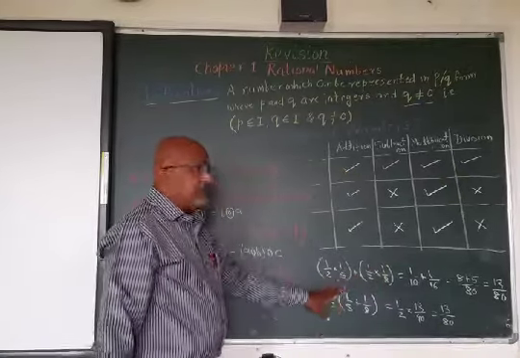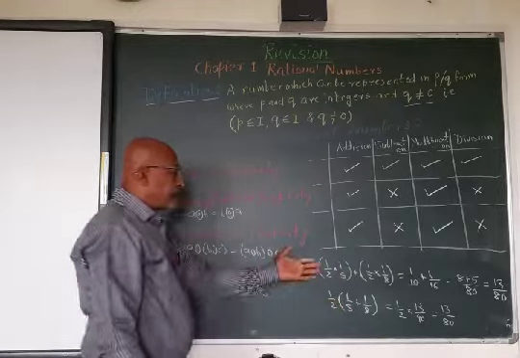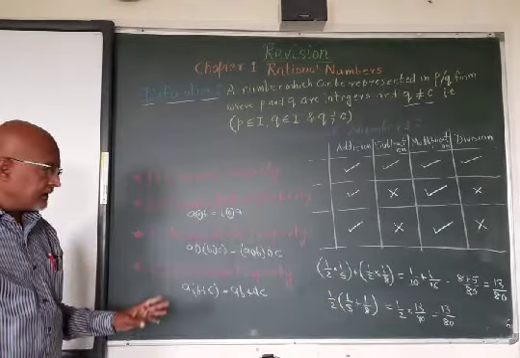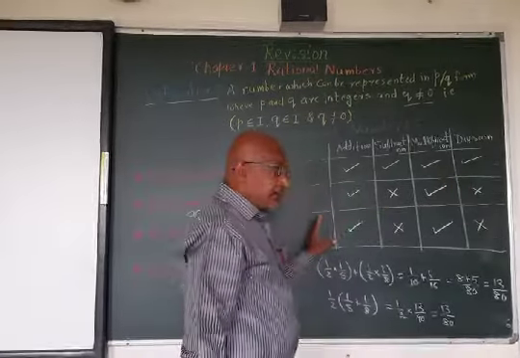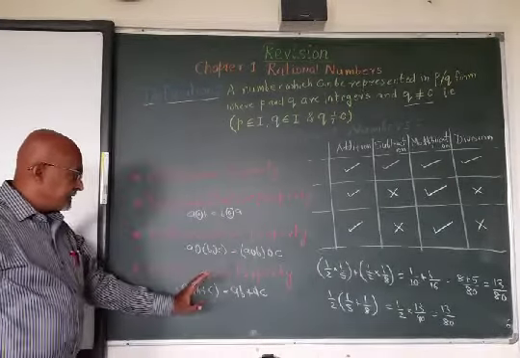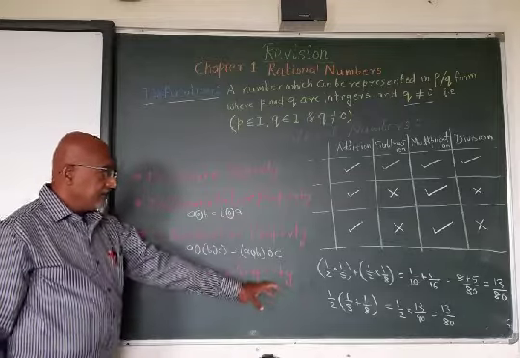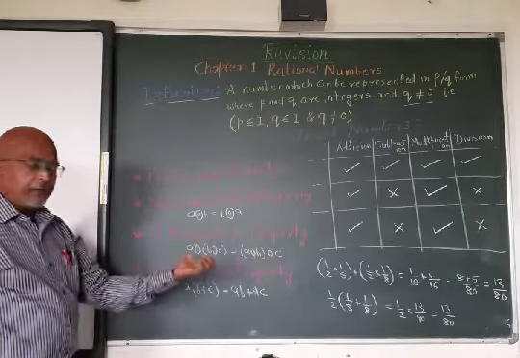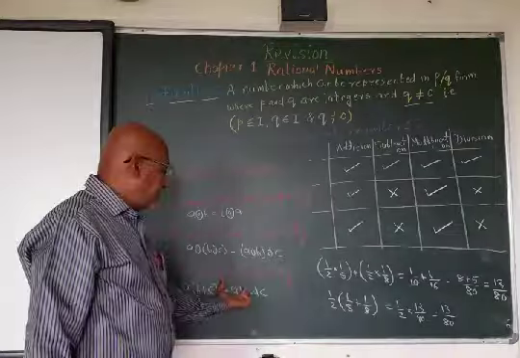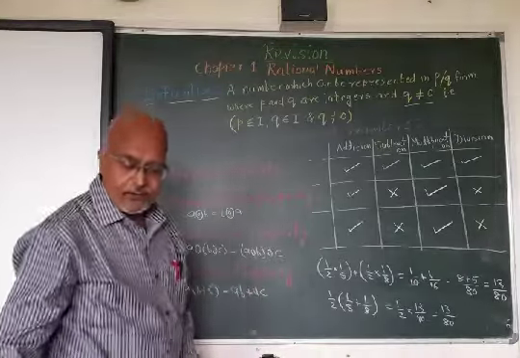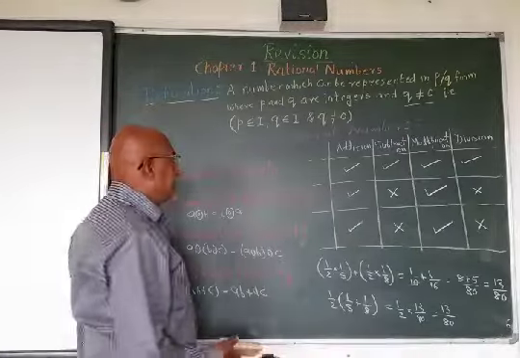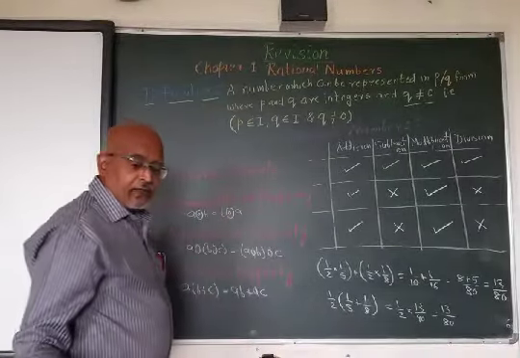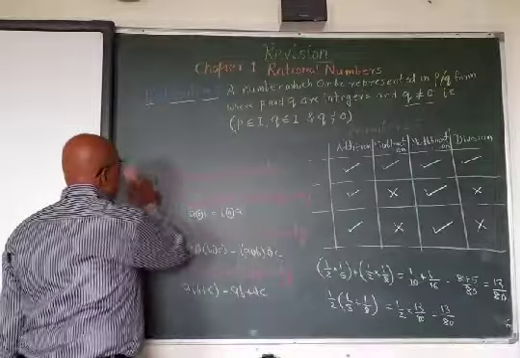Now this is valid for any type of operations. Got it, clear? And that's why it is not taken under this category, because in all operations it is valid. So we can simplify our calculations by using the distributive property, as you have already studied. So based on all this, now we are going to solve some examples.